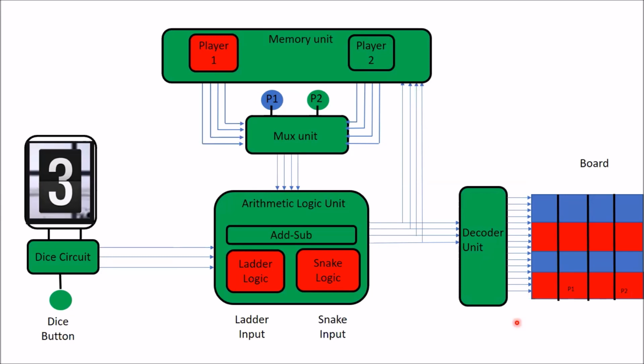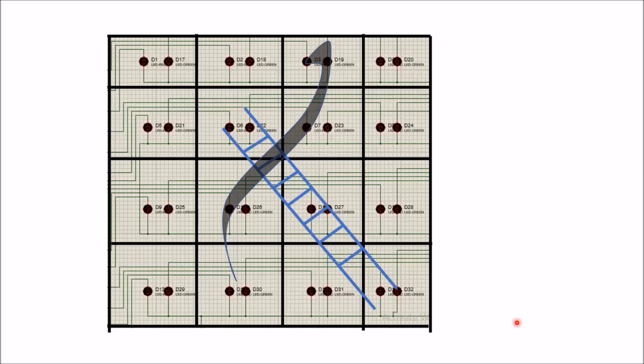This is how your basic memory block, the mask block, and the arithmetic logic unit block are working. The decoder block is working. The dice circuit is working for the basic. Now we will place here one ladder, one snake. So for placing the snake and ladder,